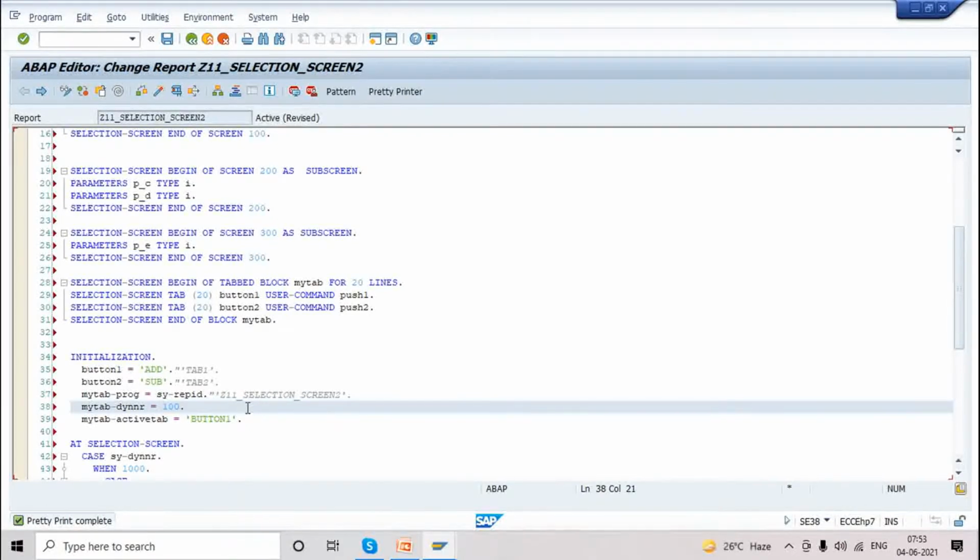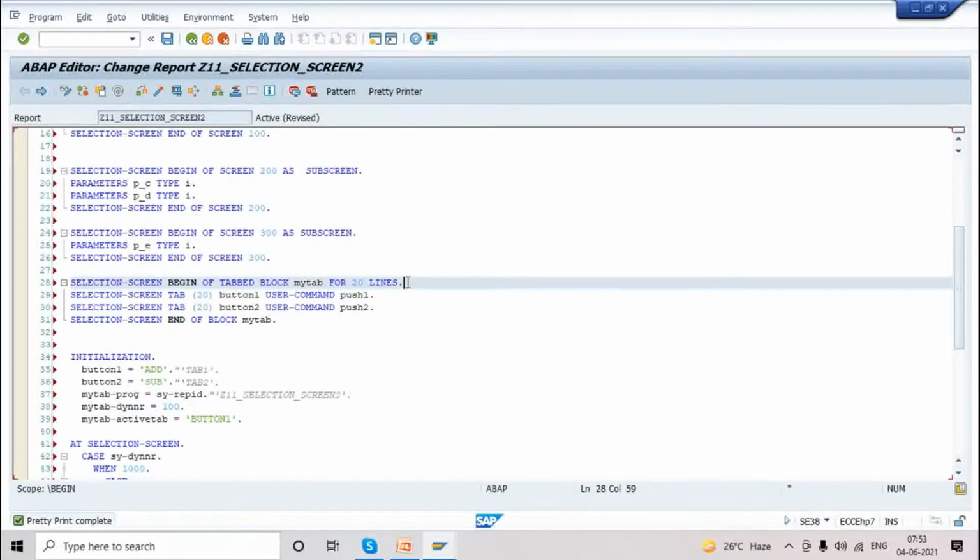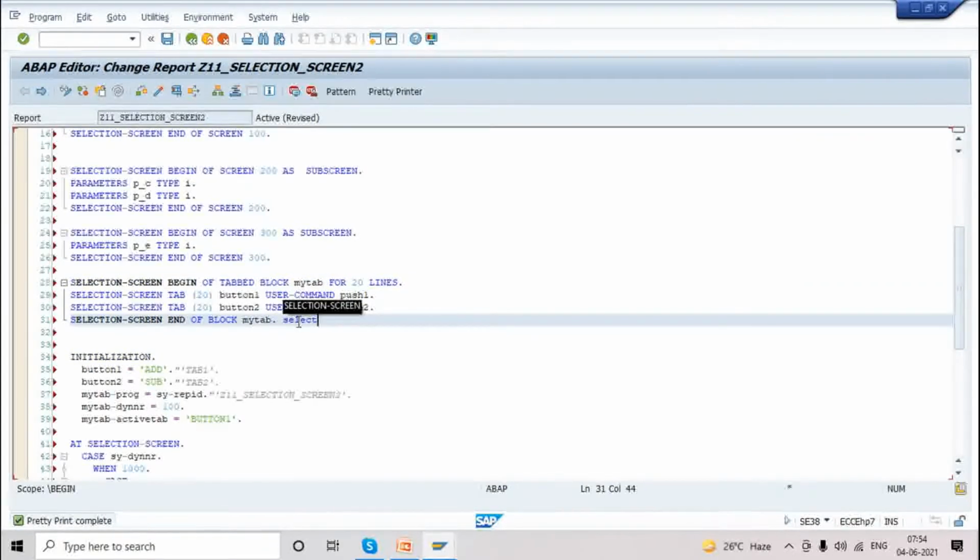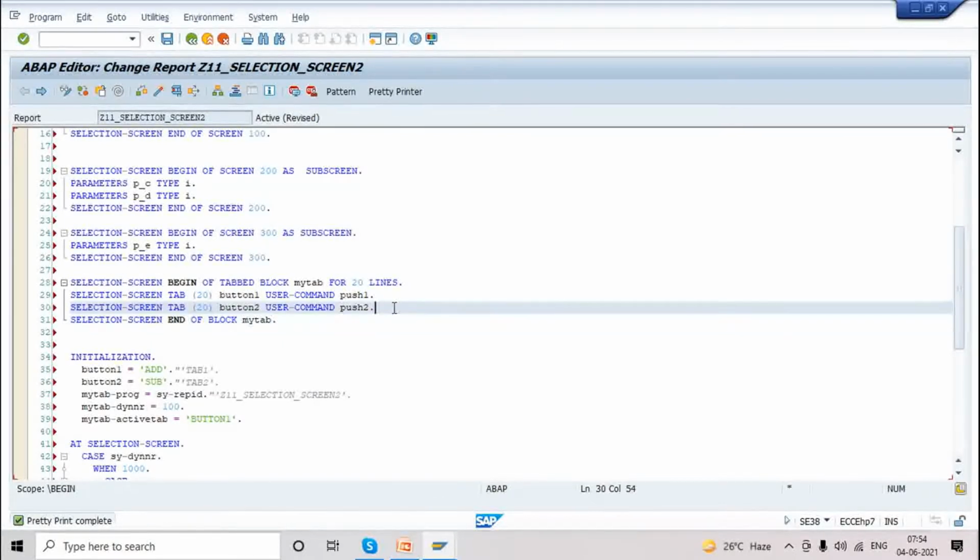Line 28? No, no, no, in line 31 you have to tell that. Yes, 31. After line 30, press enter.